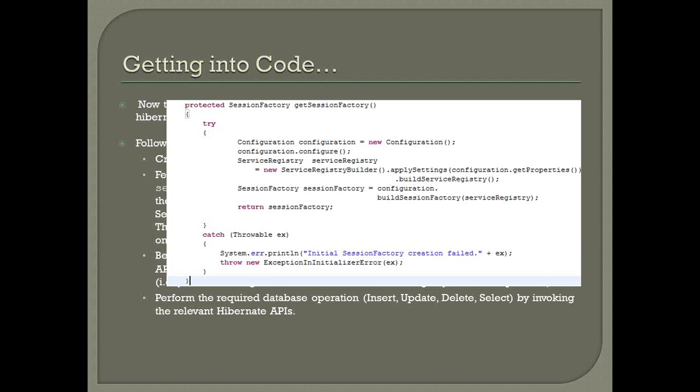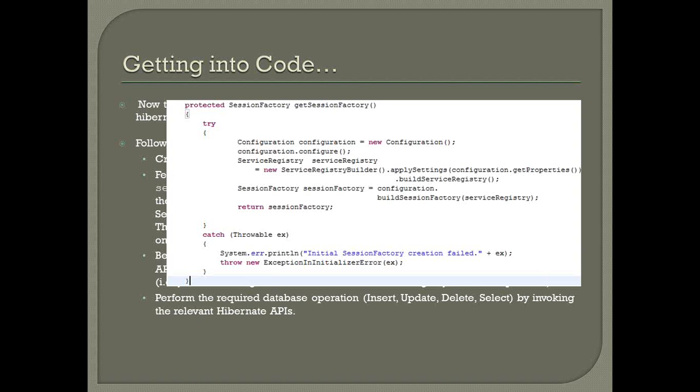The snippet which you see on your screen right now is basically the code needed to create a session factory. There are 3 or 4 lines of code involved here, but finally what it does is read all your configuration files and load all that in memory. You would create a utility class which would create a session factory, and you have to make sure that you're caching that session factory appropriately at an application level.